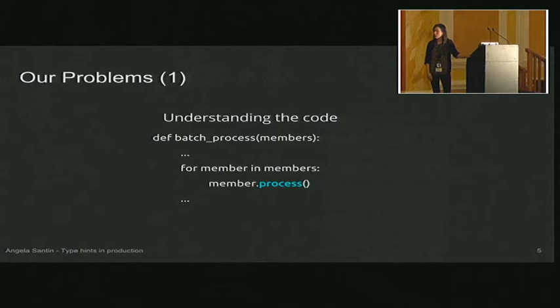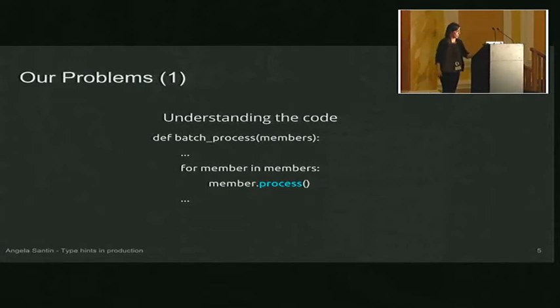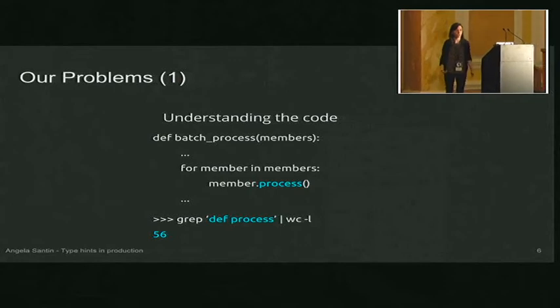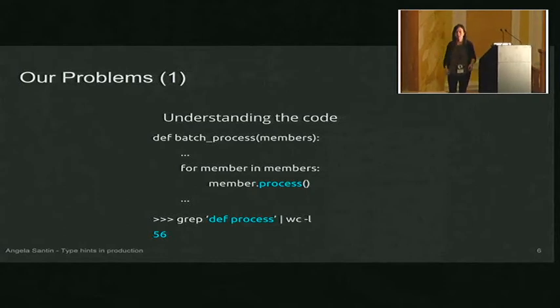So as I said, we doubled in size. Let's say we have a new hire, such as myself, because I've only been there for 6 months, and you're trying to understand what this code is doing, and it's written in Python, as you might expect. So this method is a batch process, and it takes in a bunch of members. What those members are, I don't really know. So I'm trying to figure out what the line member.process does. So I search for the function def process, and no surprise, it's a pretty common method, so it actually appears 56 times. So I need to go hunt down and figure out which method is actually being called,